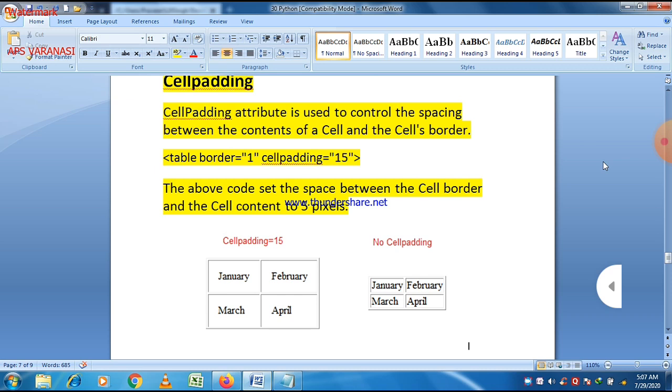So look at these two diagrams and you can easily see the difference between cell padding of 15 pixels and no cell padding here. You can put any value in cell padding. Actually this value is basically a number of pixels here. So cell padding is 15 here.